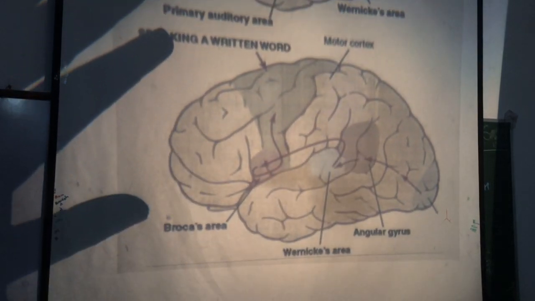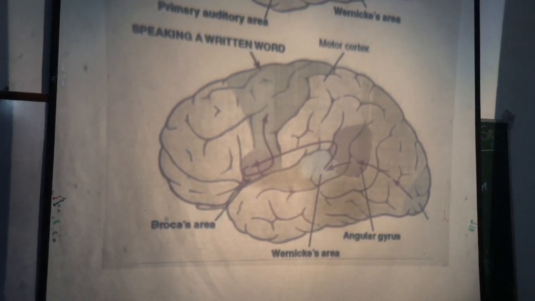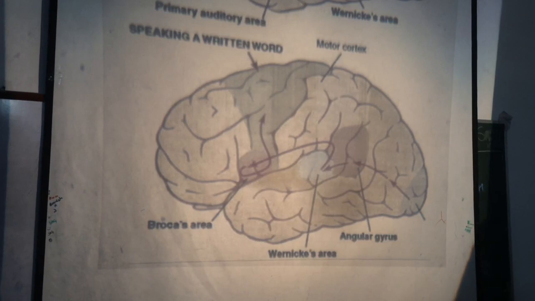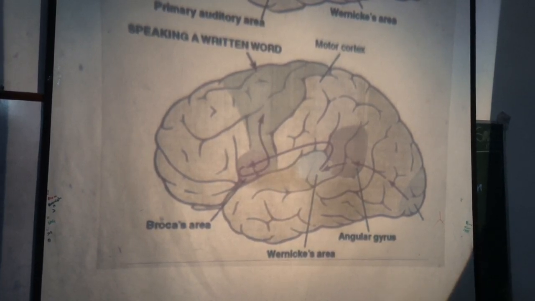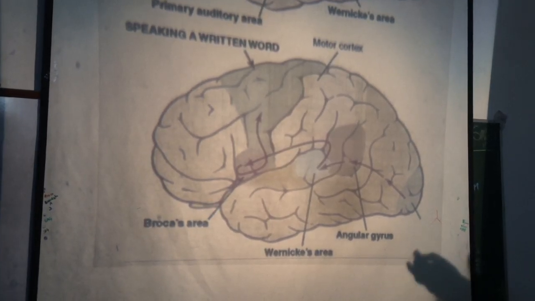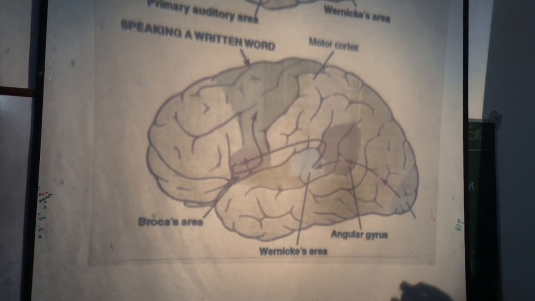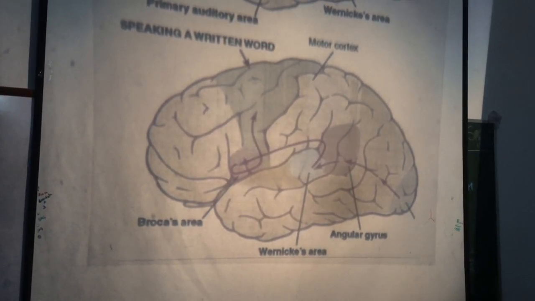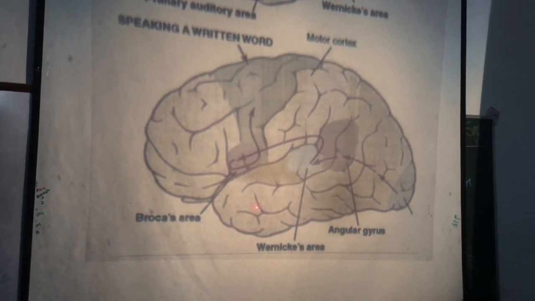What is the pathway for speaking a written word? You read a book and then you speak what you see, right? So you loudly speak written words. You read some question and then speak out. So the pathway is that written words